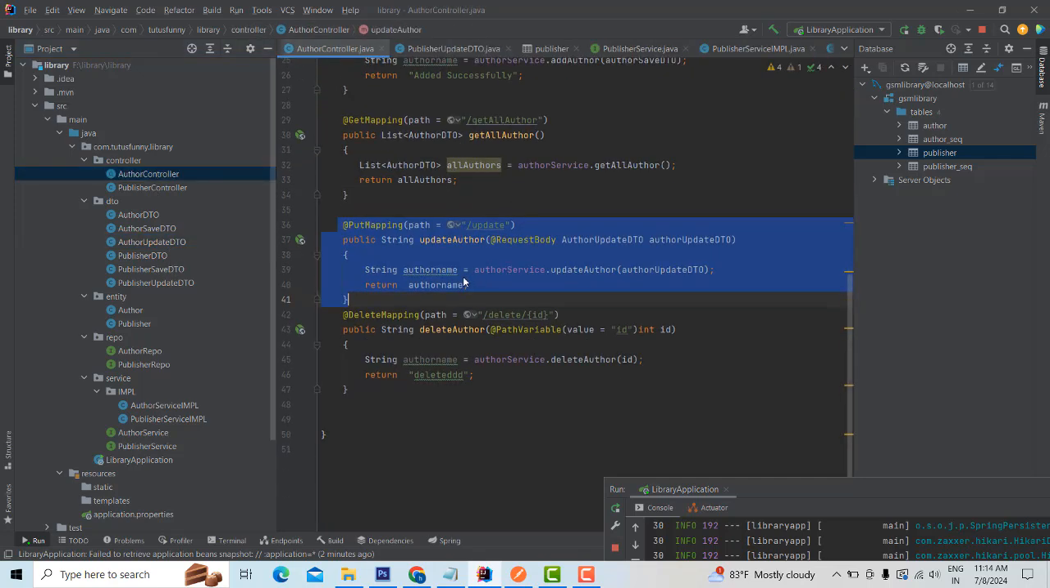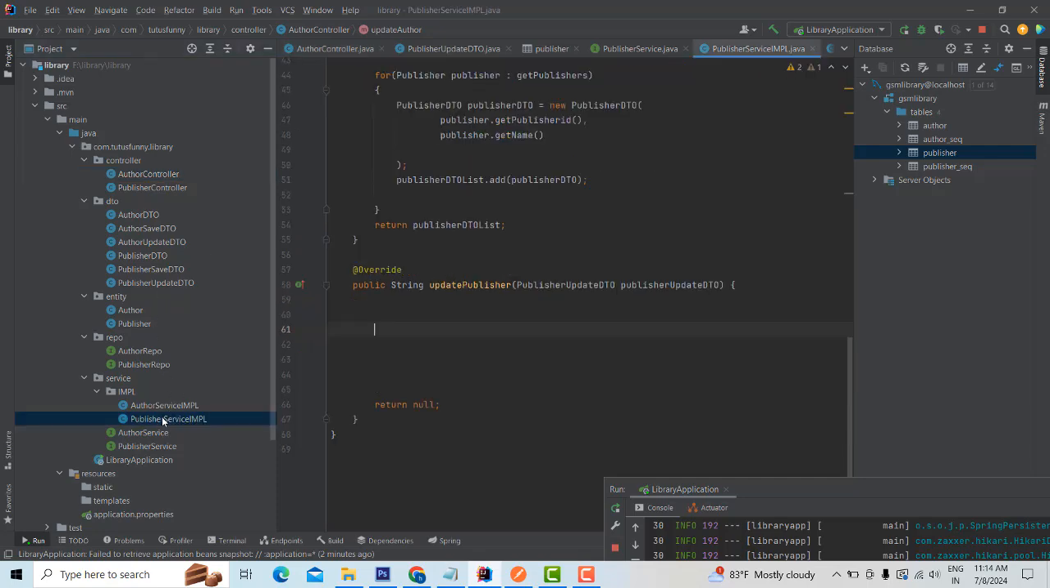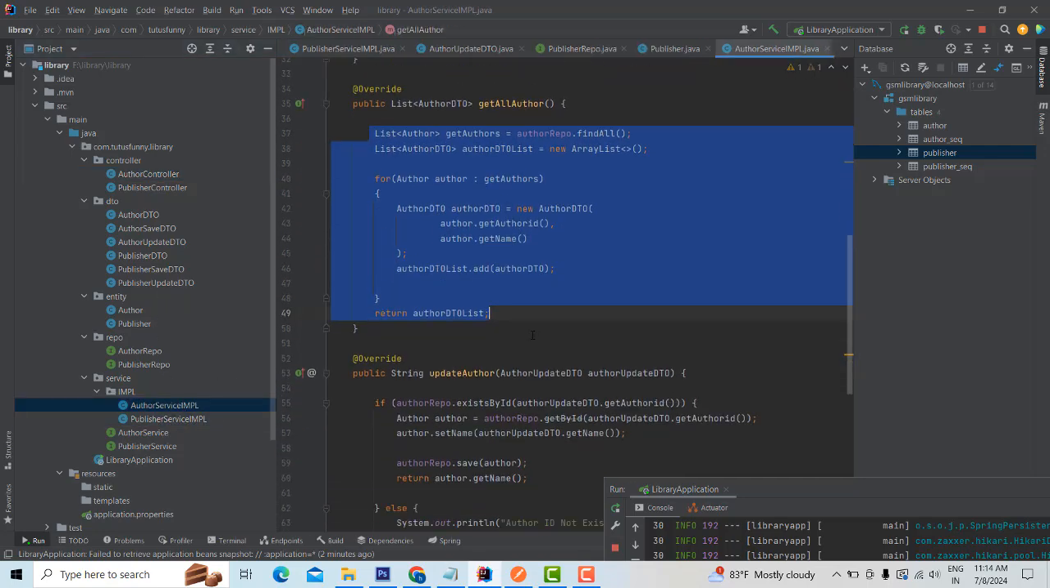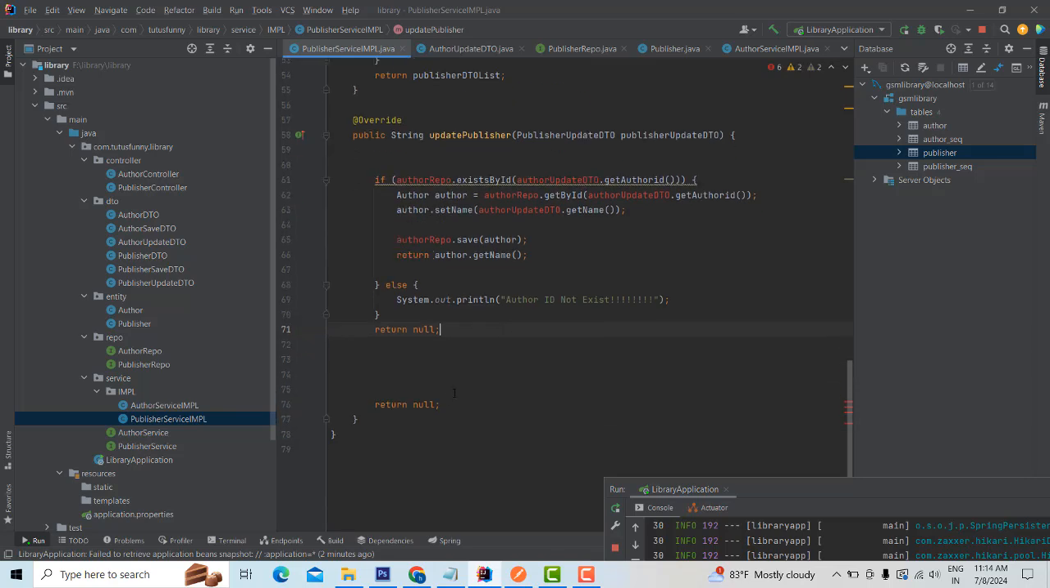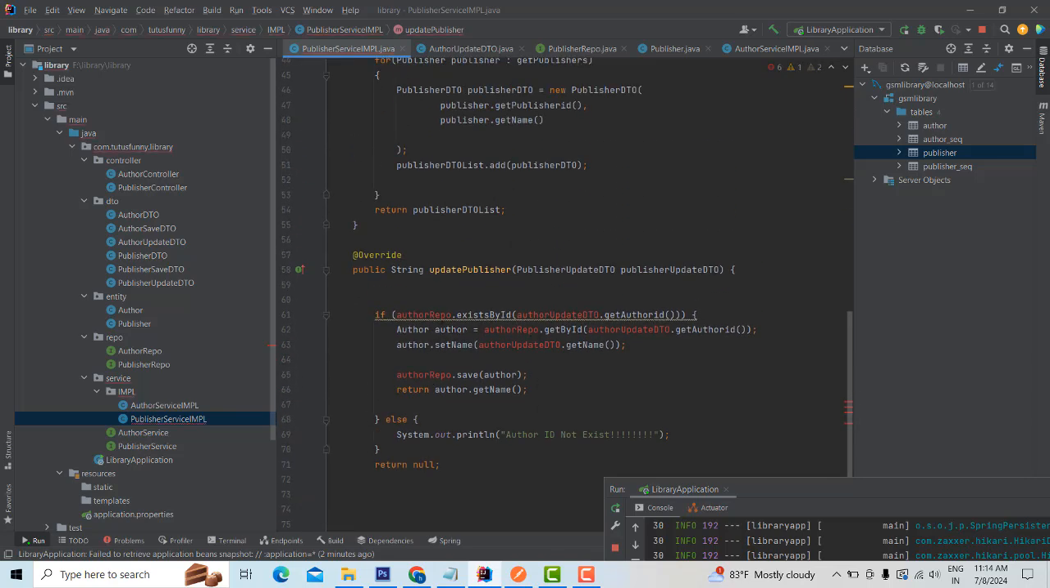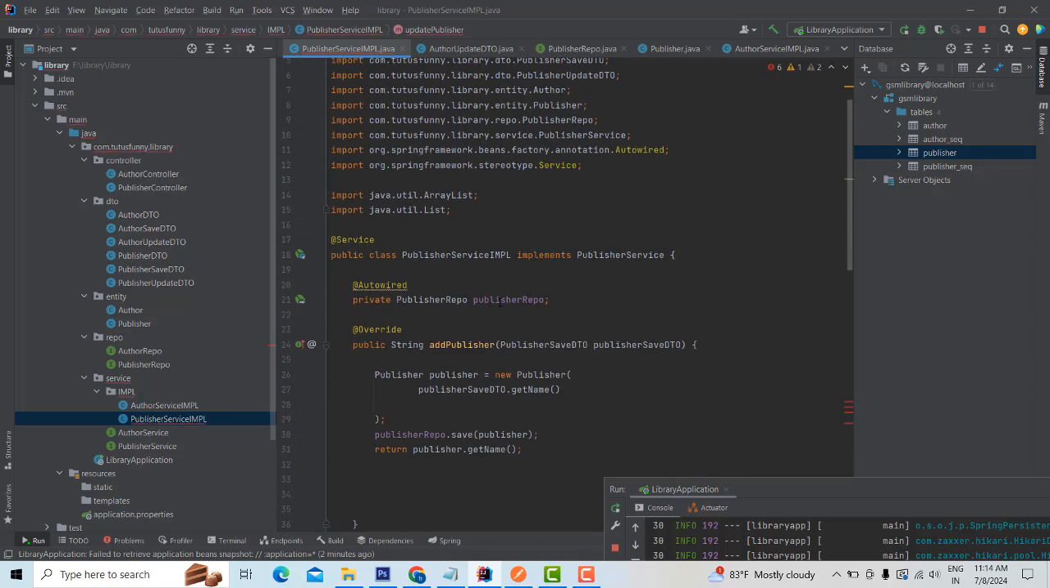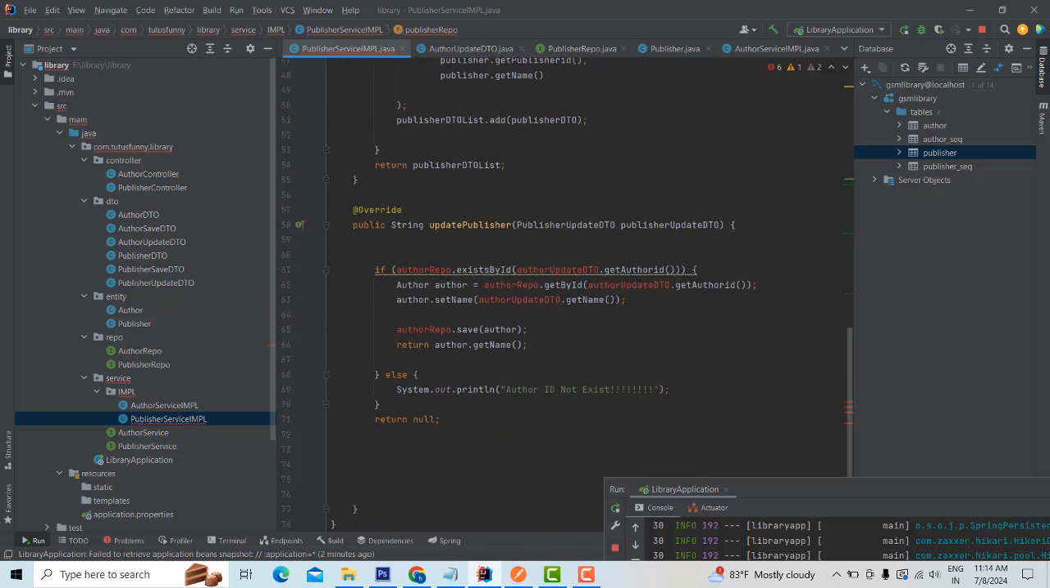Author controller. Sorry, publisher author service IMPL. This method, copy it and paste it over here. Here you have to write publisher repo dot exist by id, here publisher update DTO